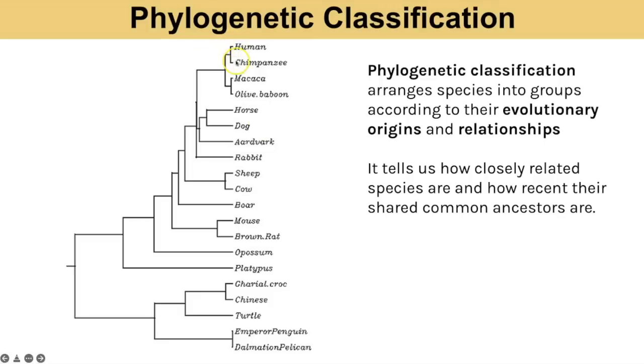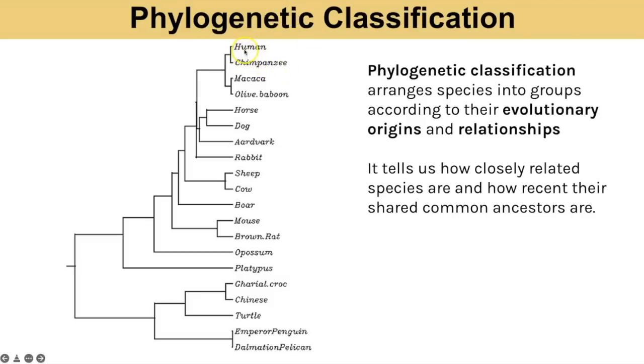Humans and chimpanzees, we can see, are most closely related to each other because they branch in the tree most recently compared to the others. That means they evolved from a shared common ancestor more recently than they did compared to any of the other species. So they have had less time to accumulate different mutations in the human and chimpanzee populations